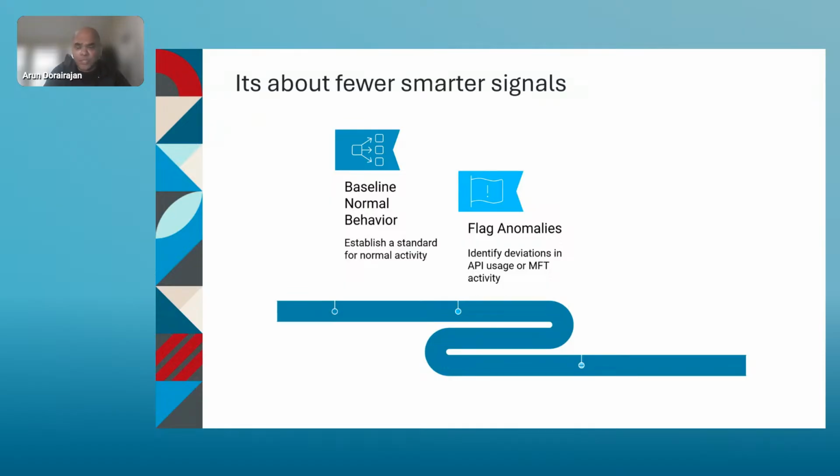But detection alone is not enough. The power lies in correlation. When these signals converge, for example, a new API, a new IP hitting a new high-volume endpoint with expired credentials, that's when you act. This is the difference between knowing something happened and catching it before it becomes a headline.